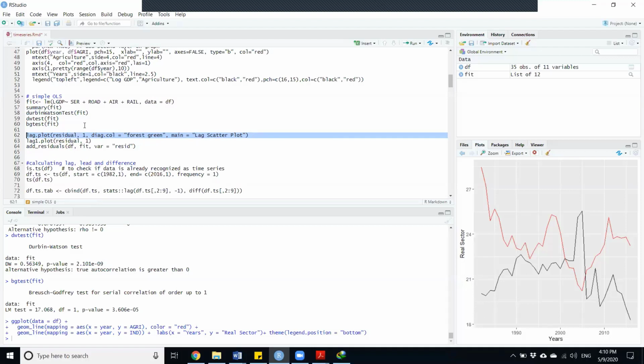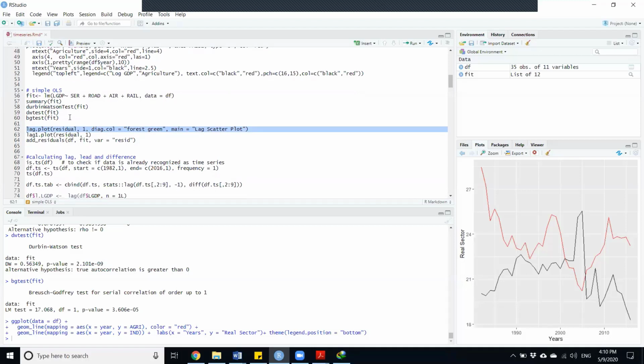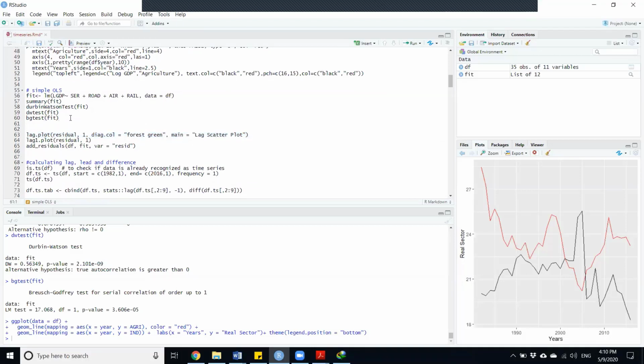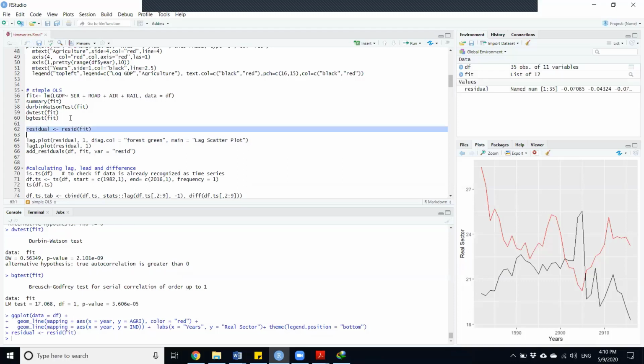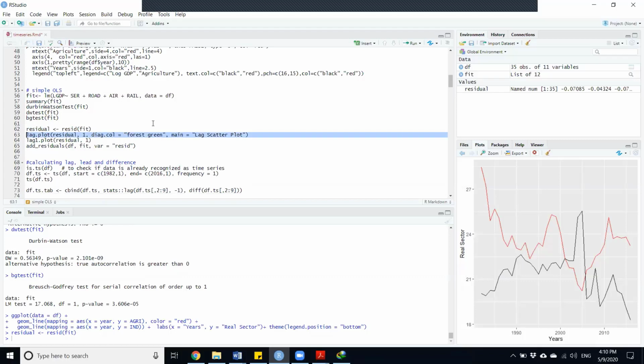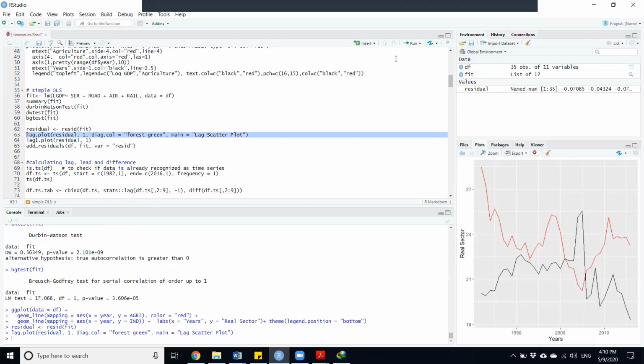I have not stored the residual yet. So residual is equal to resid of fit. This command will store the residual in the computer, so you can see the residual as a data frame. When I plot this, it will be shown like this.